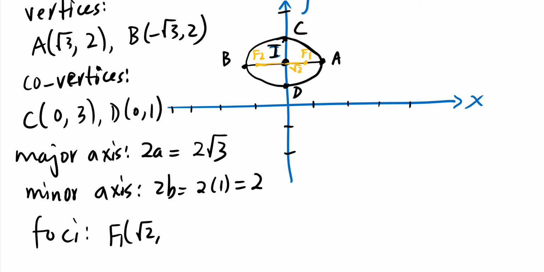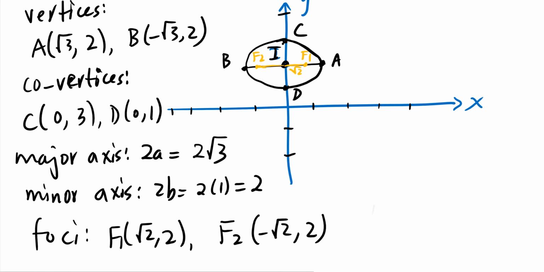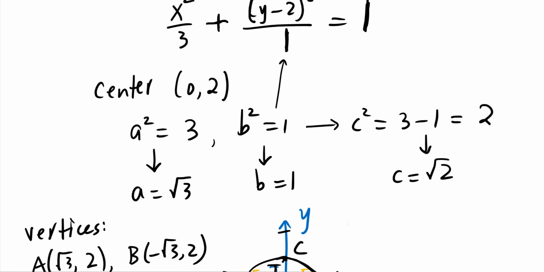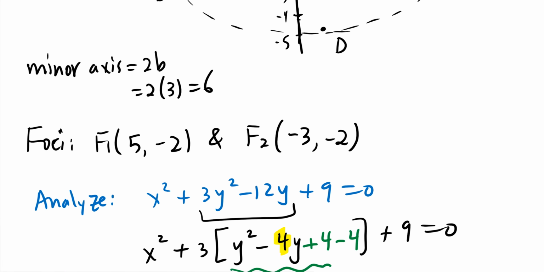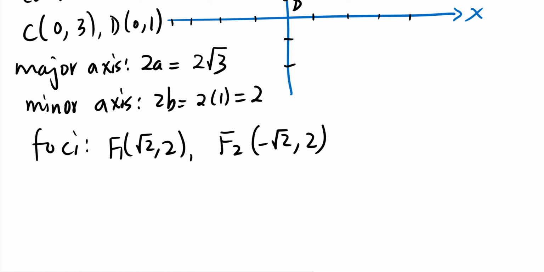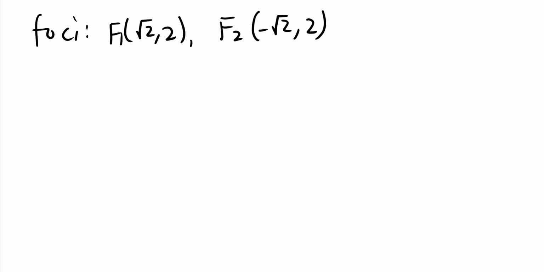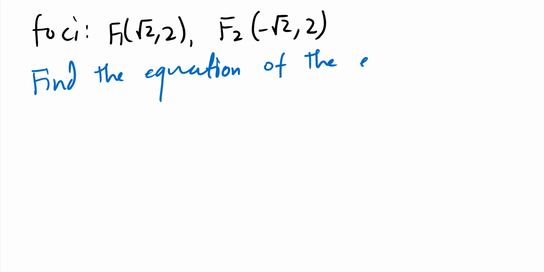F1 is square root of 2, 2, and F2 is negative square root of 2, 2. Vertices, co-vertices, foci, major axis, minor axis, and we graphed it, and we have its equation. That's what we did in the previous one as well. We found all the same information. Right? So now let's look at how we find the equation of the ellipse